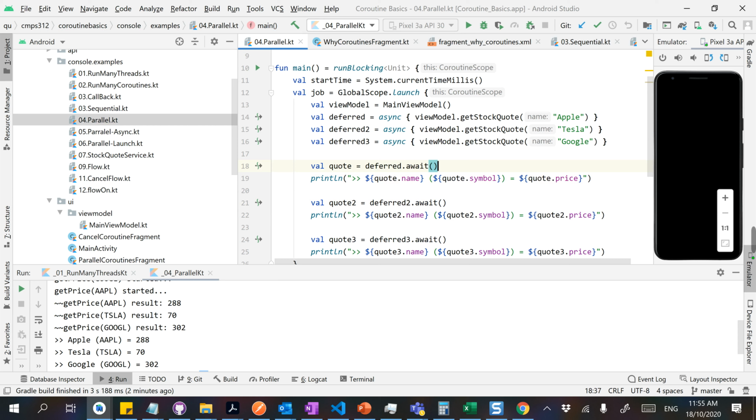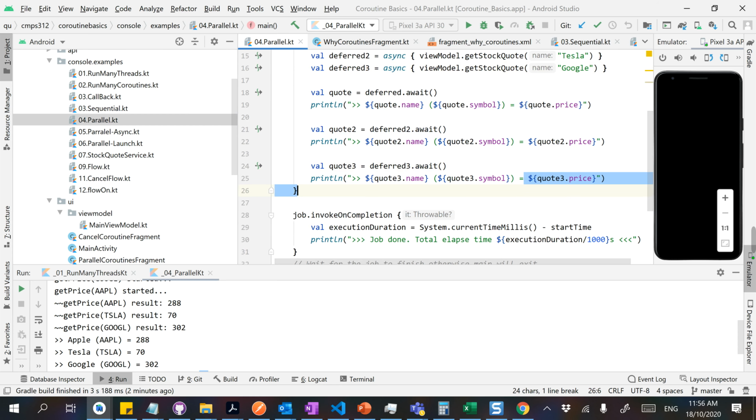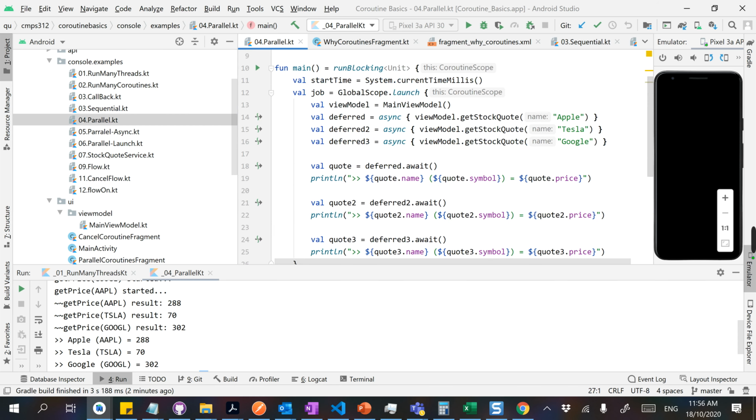which means this function will suspend until the results are back. When the results are back, this will be awakened and resume and display the results. Then when the result of the second call is back, we resume and display the results. When the third function result is back, we resume and display the results. And when the whole job, which is this global scope launch job, this is a job,